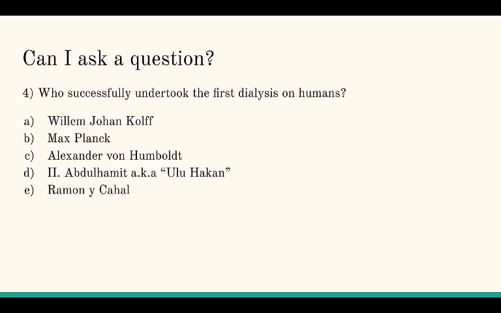Yes, we have a question about the history of dialysis. Who successfully undertook the first dialysis on humans? A, Wilhelm Johann Kolff. B, Max Planck. C, Alexander von Humboldt. D, Abdülhamit II, also known as Ulu Hakan. E, Ramanika Hall. Well, we mentioned that it was a Dutch scientist named Wilhelm Johann Kolff, and the other guys